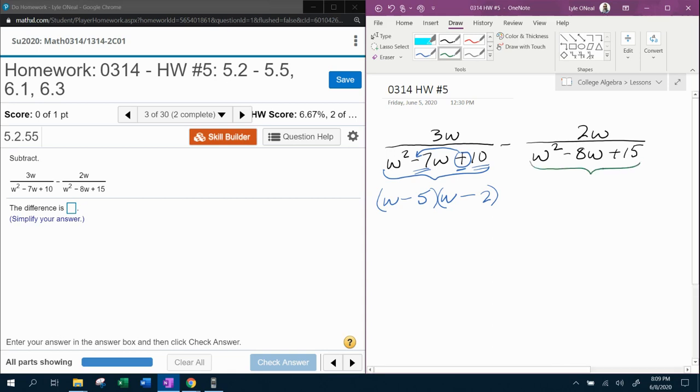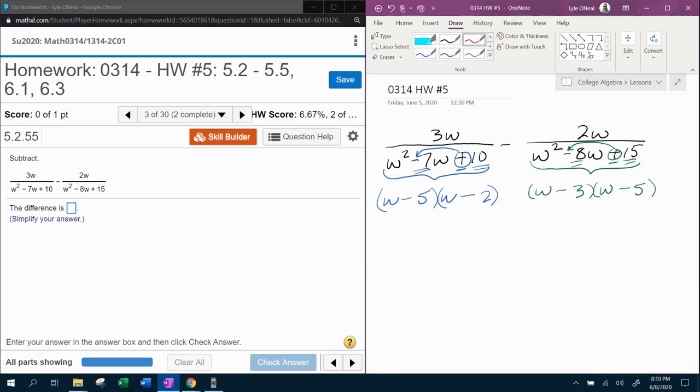Now let's look at this other denominator. We have another standard trinomial. So we're going to have parentheses. We're going to read the signs. Here, these are also both going to be minus, and we're going to fill in the blanks. W times W. And then what about numbers that multiply to make 15 that also add and make -8? Well, I'm thinking this time 3 and 5. 5 times 3 is 15. -5 and -3 is -8. Isn't it great? We factored it up, and now what we need to do is find a